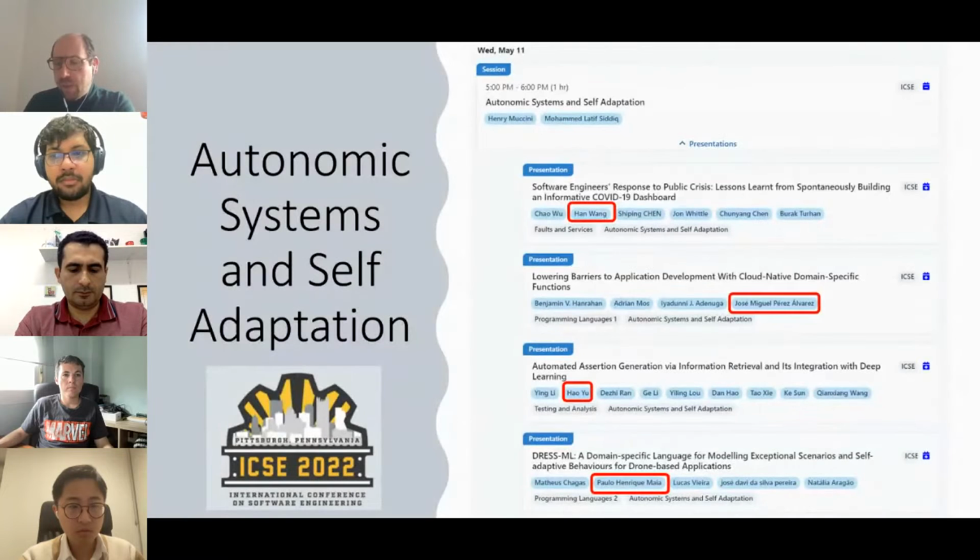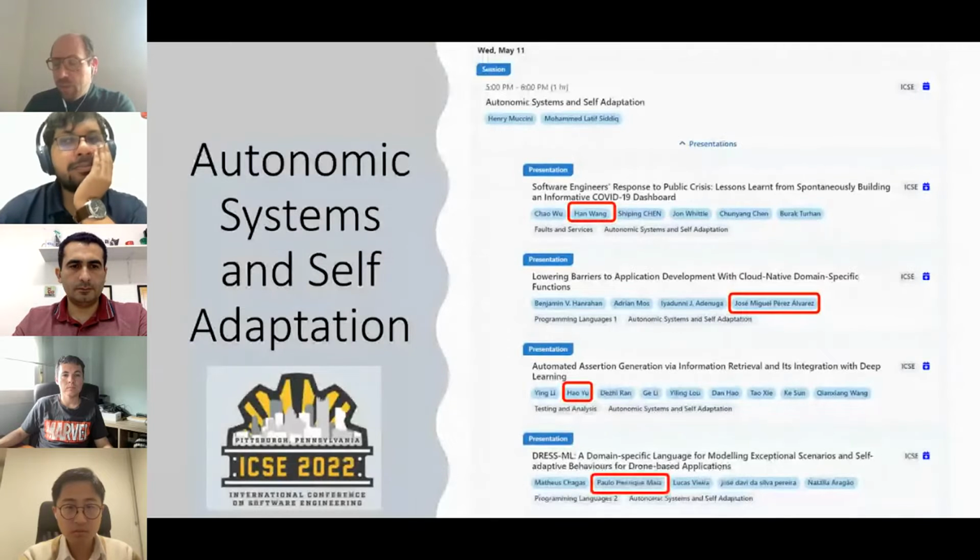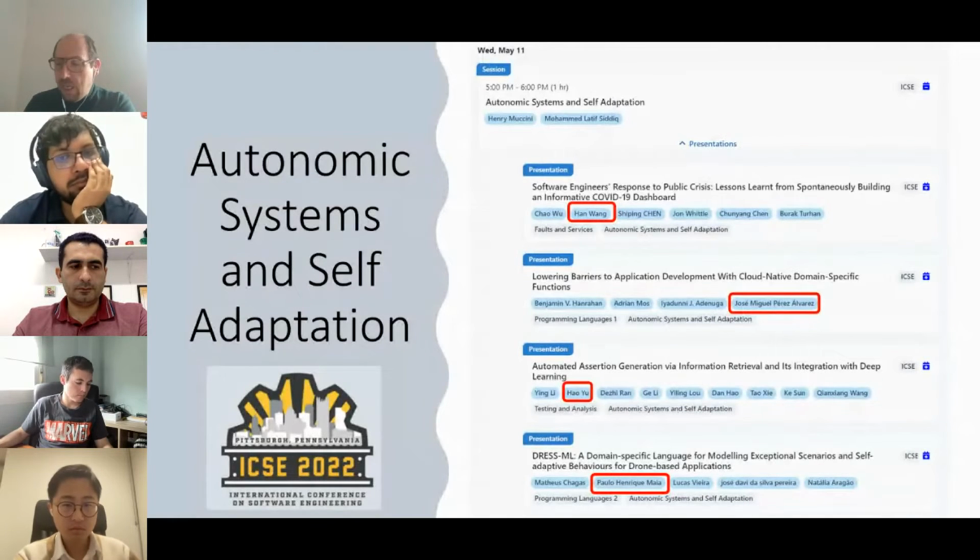The second paper was about behavioral models that can be used for low-code or no-code generation. The third paper was about automated assertion generation for testing, and the fourth paper was about a DSL for drones.